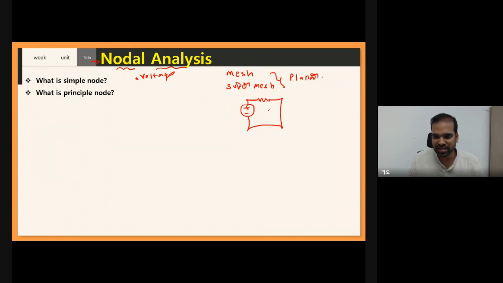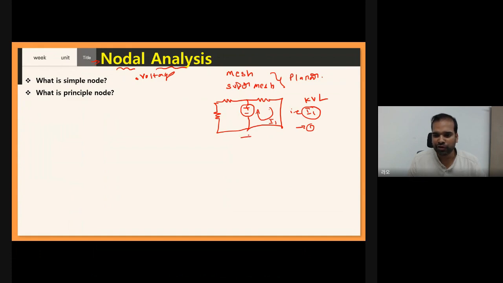In this given circuit, you have only one closed circuit. That means how many currents will flow? Only one current, I1. So using mesh and super mesh analysis, you can find mesh current, that is I1. How can you find I1? If you apply KVL in loop 1, you will get I1. Clear. Now how many equations will I get from this circuit? You have only one closed circuit, therefore you will get one equation, and from this one equation you can find I1.